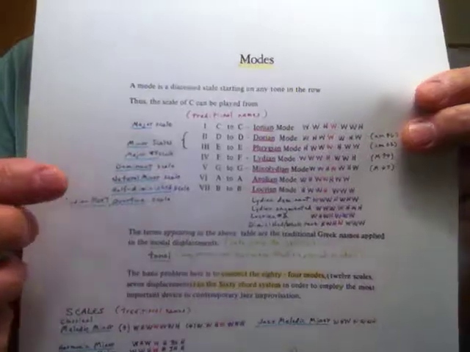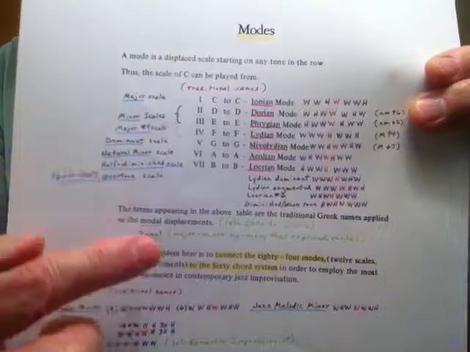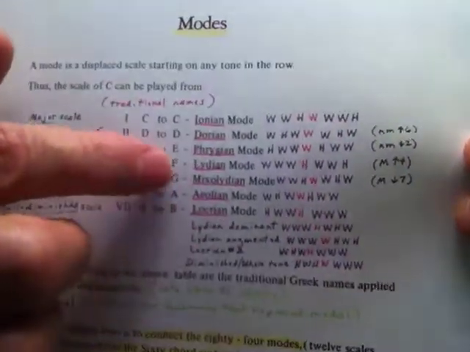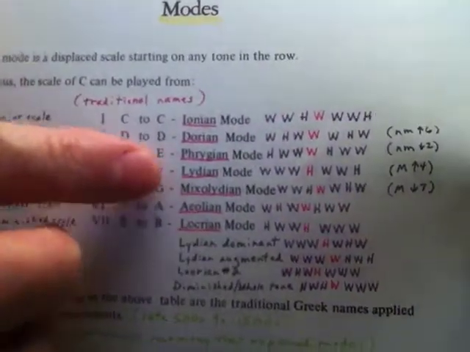And on that page, there was hardly any type. You can see my scribble here, but basically, there was hardly any original text on that page. There was just a very little bit of text. And I couldn't stop looking at this page. What the page shows is the modes that we're familiar with, the Greek modes that most people are familiar with, and that's all it shows. It didn't have any of this scribble on here, didn't have any of this scribble down here. This is all my scribble. All right? So when I got to this page,